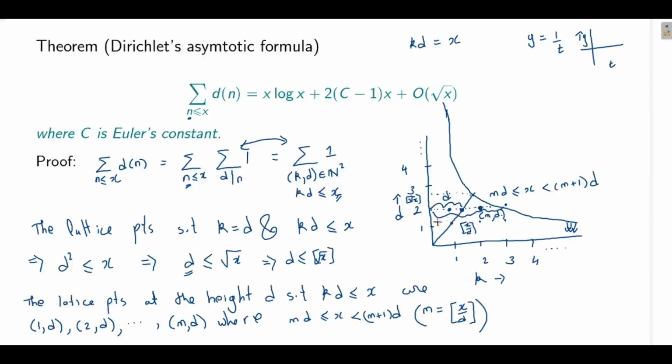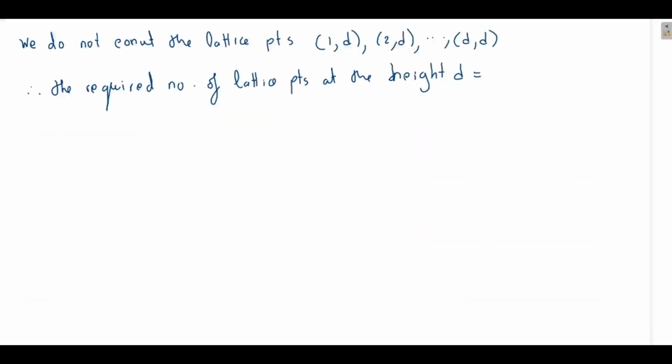So the required number will be the greatest integer of x by d minus d, because we don't want to count those extra d. And therefore, you can see the total number of lattice points in the region